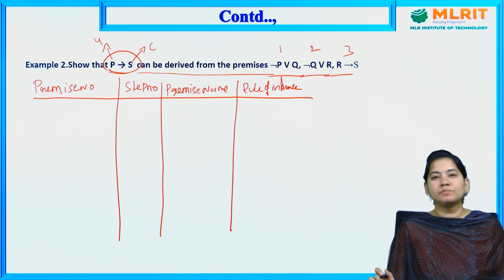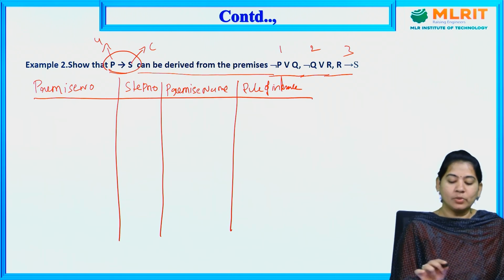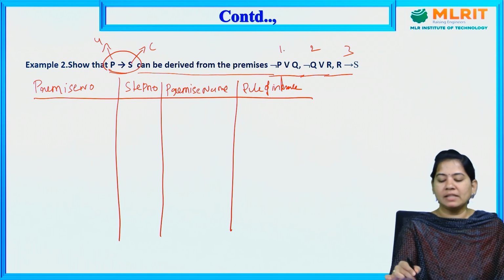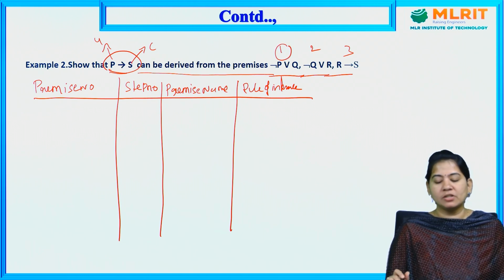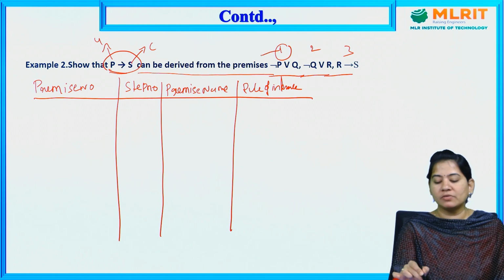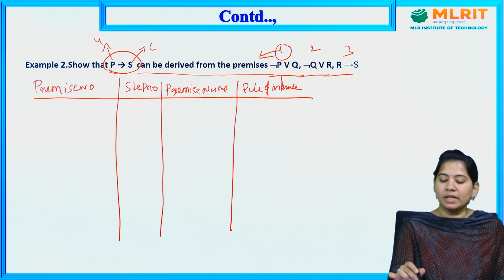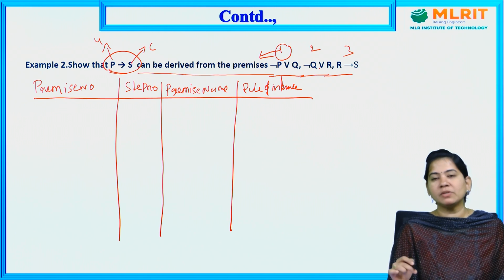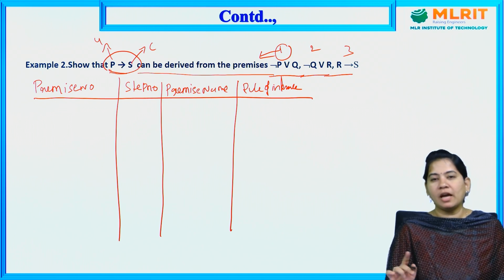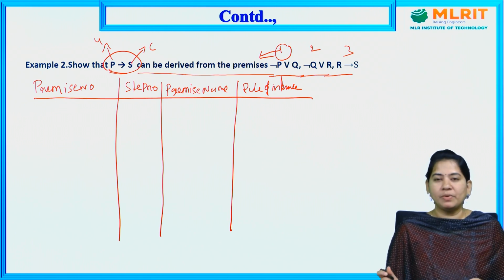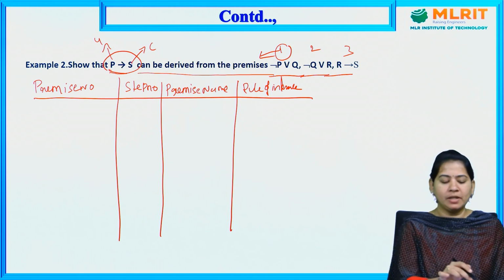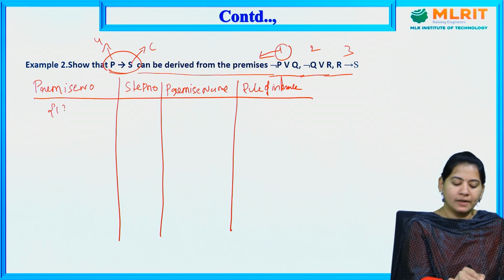So here from this first one you have to consider any premise you need. Not only as I have included this as a first premise, it is not mandatory that you include only this one as a first premise. You can take any premise as a first premise, but the next premise whichever you include should have connectivity by using rules of implications or by using the equivalence formulas or anything. So here premise number is 1.